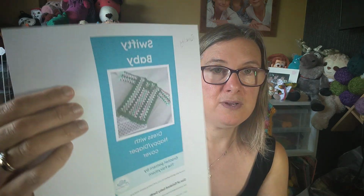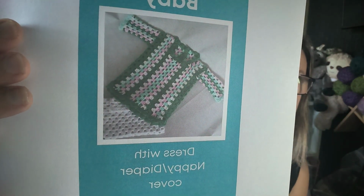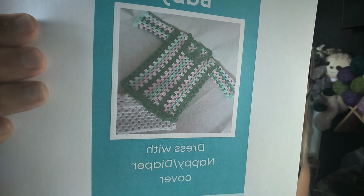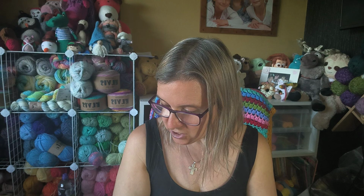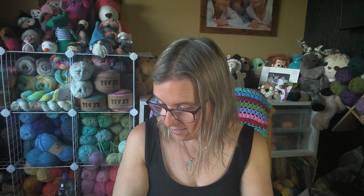And then I found this Swifty Baby. It's a dress with nappy diaper cover, and it's a crochet pattern by the Fairy Thorn. Although the colours don't really do it justice in that photo, it was the best photo I could find. And the finished baby Swifty crochet dress is...